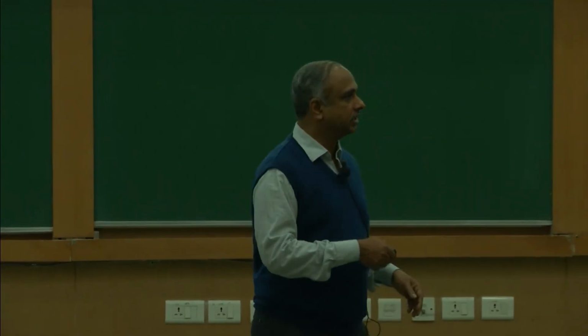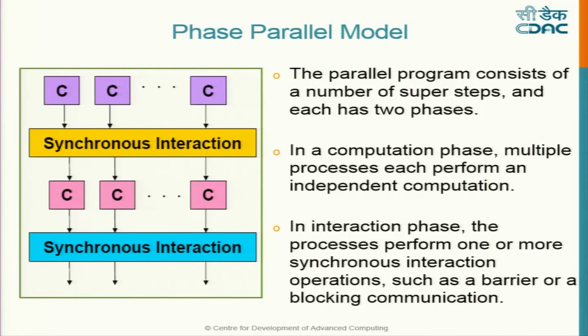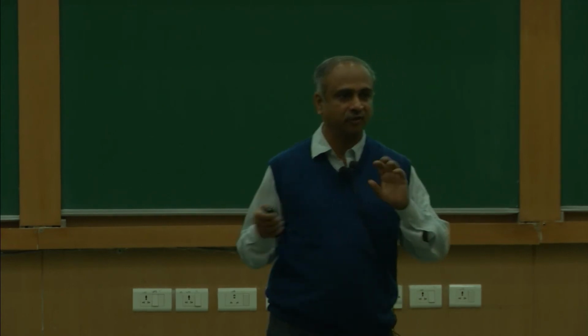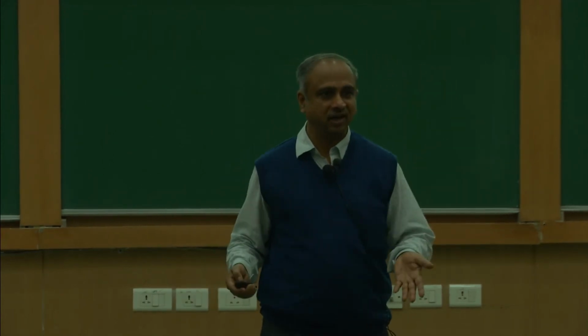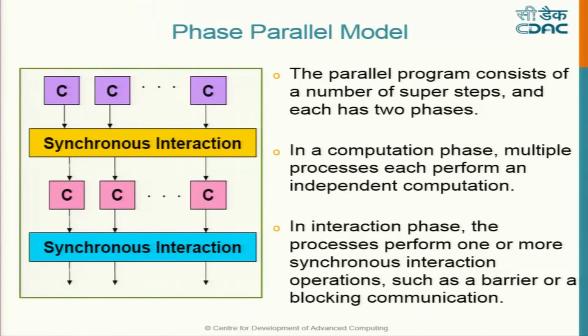Another good thing about this synchronous interaction is, in case you want to do what is called checkpointing. Suppose you fire this job, and it continuously runs and finishes. If you have designed it that way, and one of the processors fails, or hardware fails, or network fails, you have to restart again. But here, you can write intermediate data and save it on the hard disk. So if it fails here, you can start from here. That is the advantage of having a computation phase which is independent, and an interaction phase.